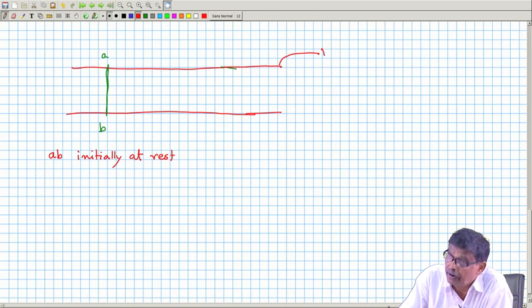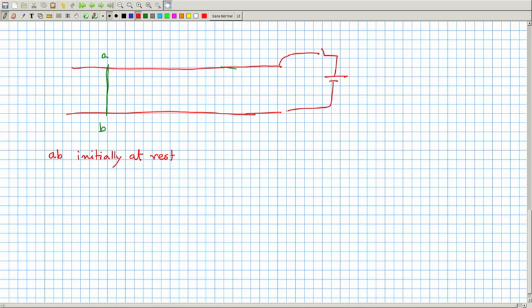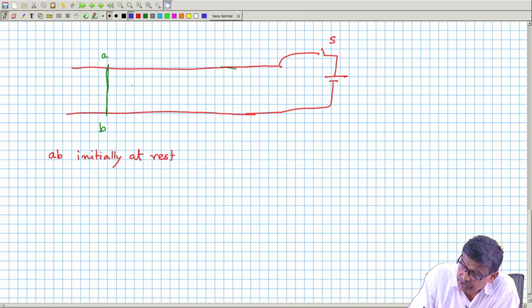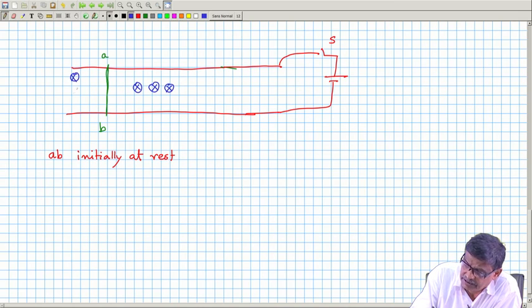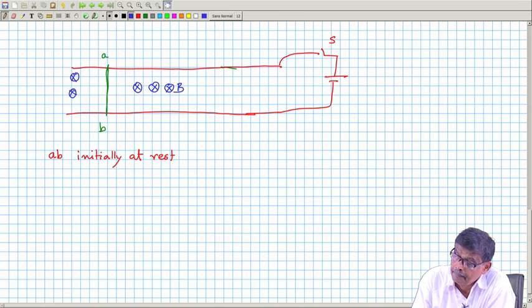Now, what I do is connect a battery here through the rails with a switch. When the switch is open, nothing happens, it remains stationary, and there is of course B as usual. I am just drawing two lines, but it is otherwise invading all the areas between the rails, B, flux density. If you now close the switch